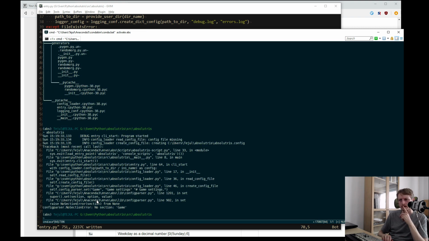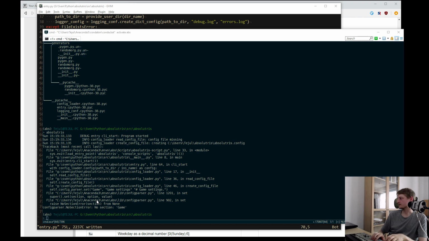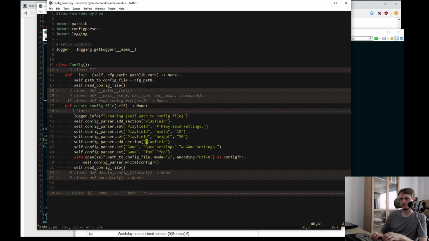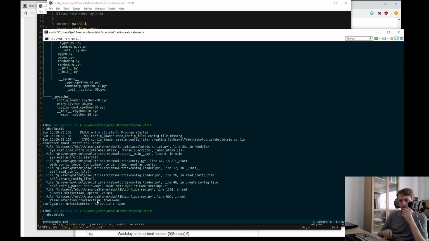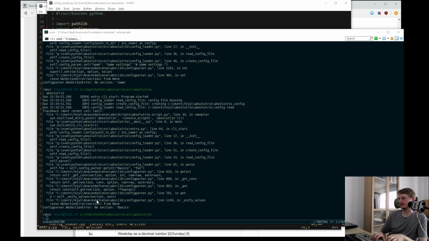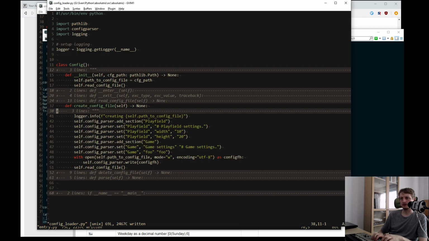Ha! No section game. Why does it have no section game? That is correct, it does have no section game. Now it has one. No section basics. And again, it is absolutely correct, because why would it have section basics, right?